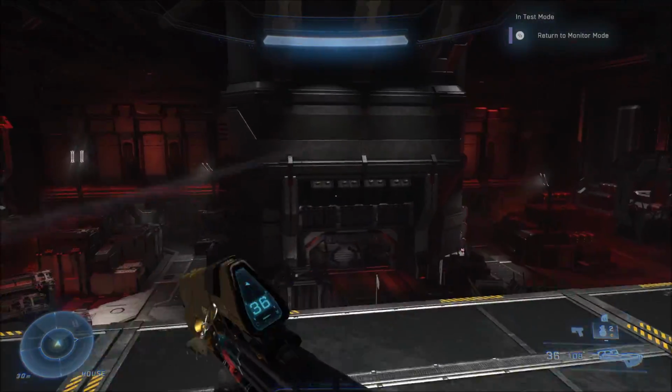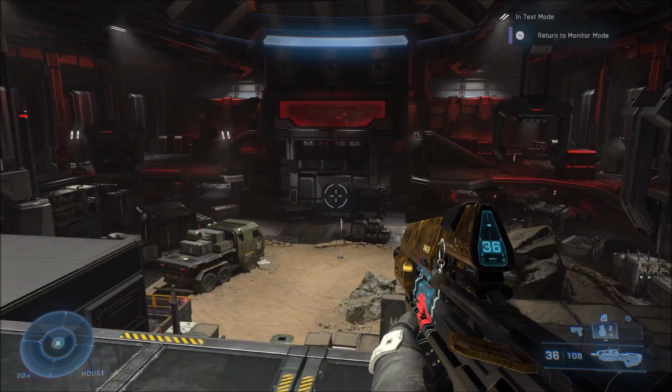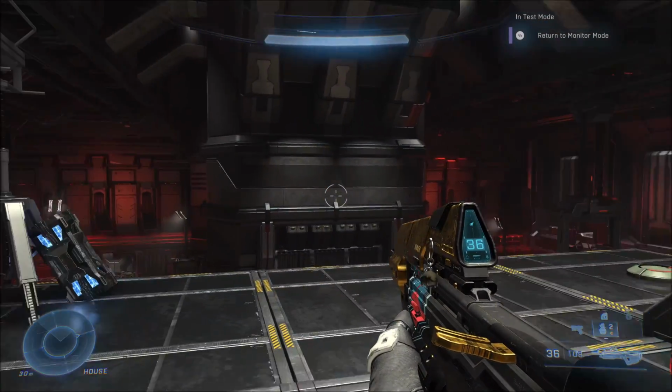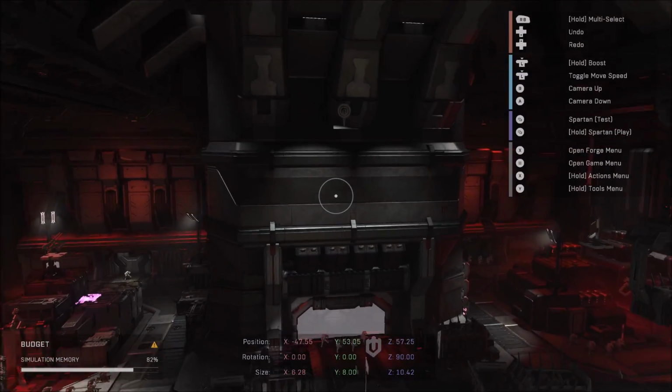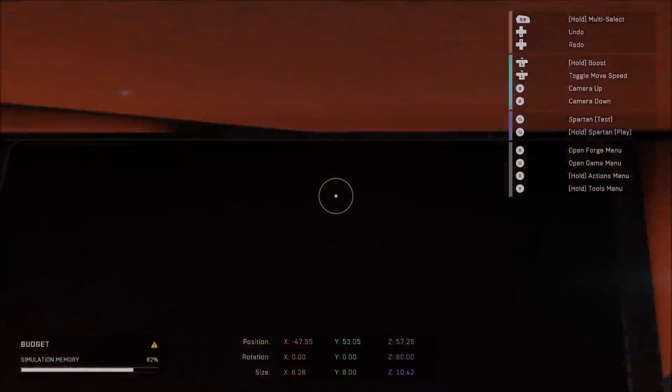Several of those maps are reused multiplayer maps. A couple of them are Forge maps, but one in particular, this map, House of Reckoning, is from Campaign. Now, I've seen some debate on Twitter about 343 using campaign maps, but we're not going to get into that